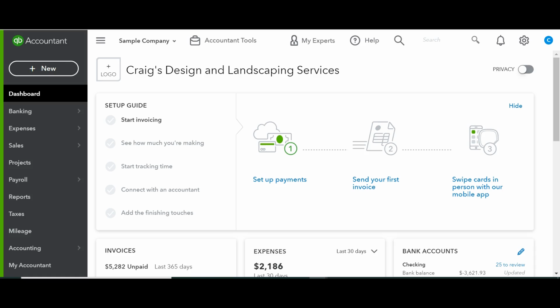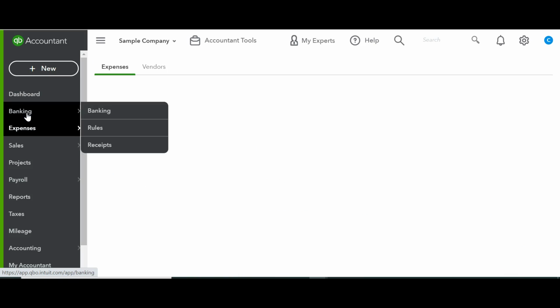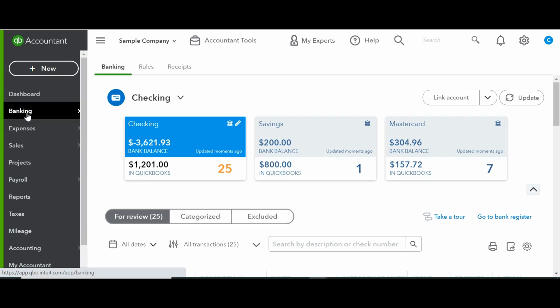Wanted to do a tutorial today on reconciling your bank account. So when do you reconcile your bank account? As long as you have gone into your banking tab and all of your transactions for the month that show